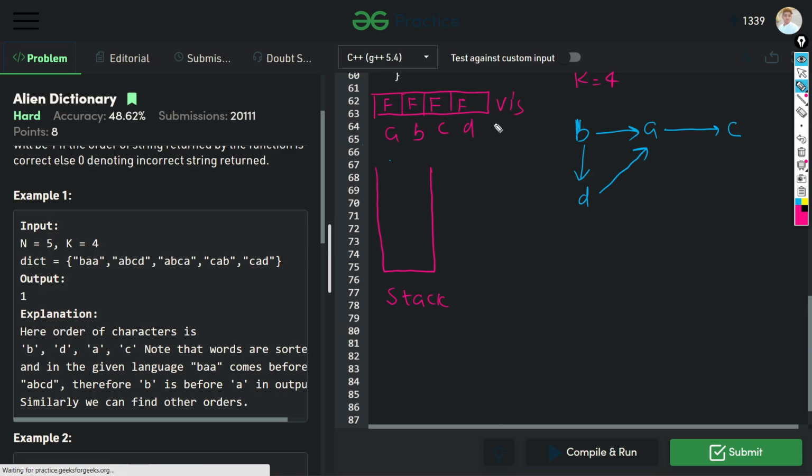Okay, and if we visit any node, then we change its value from false to true.